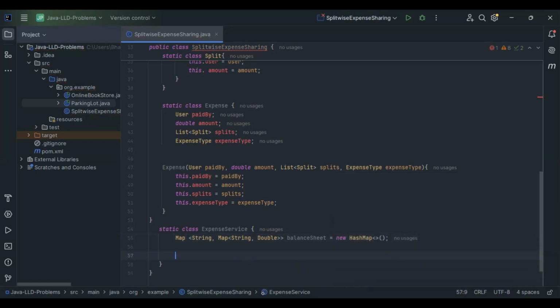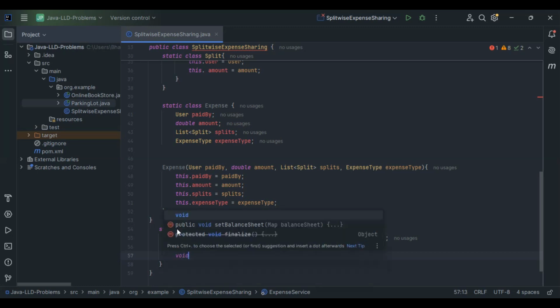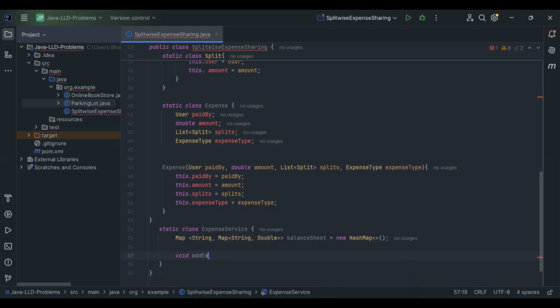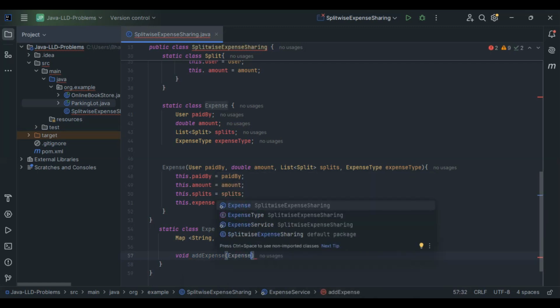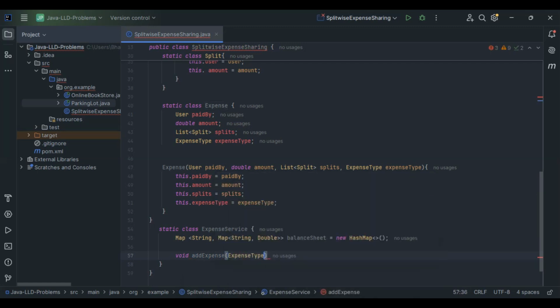This is fine. So the next step here is we have to add a new expense. Means we have to add the new expense, right? In this case, let's write the add expense method here. So I'll just go with void add expense here, expense type here, which is of type, and double